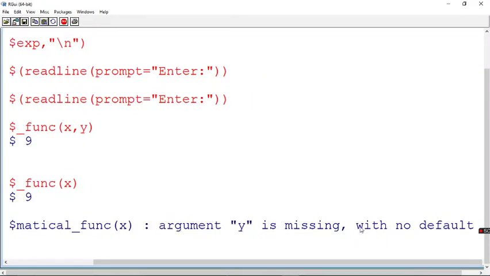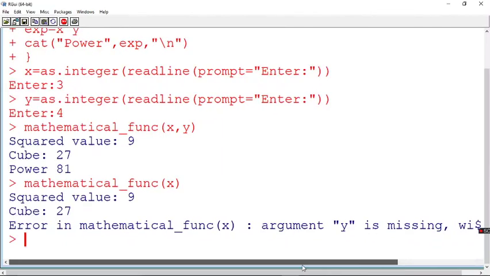What does it mean, with no default? Since I have not given the value for argument y, and I have also not given any default argument for my function, obviously it has thrown an error.